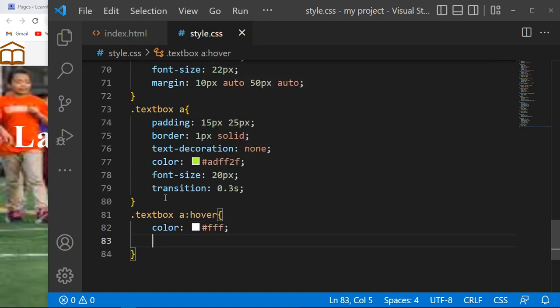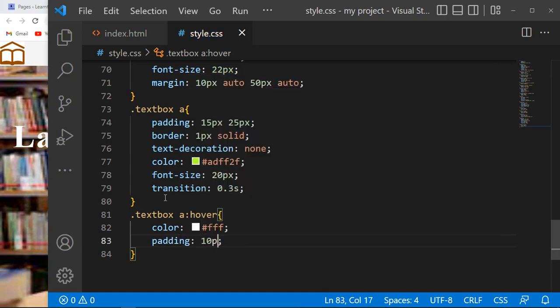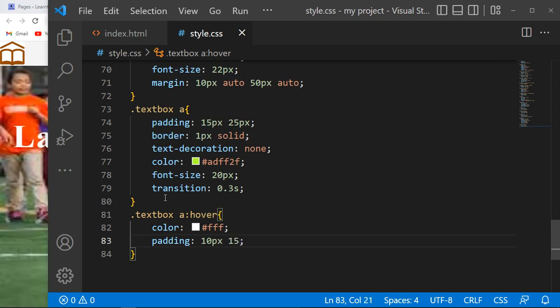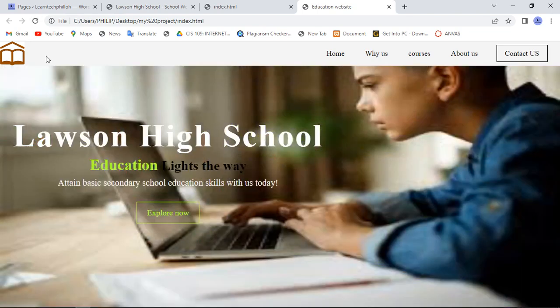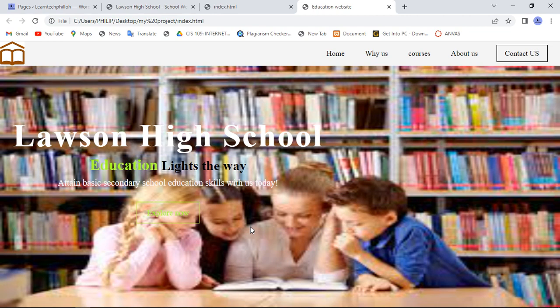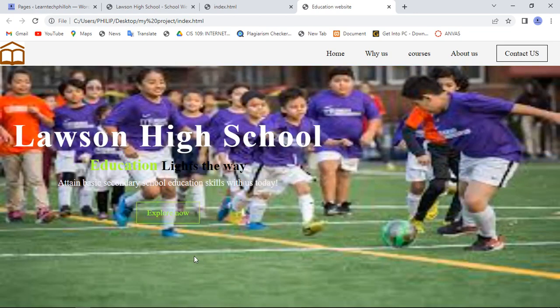Okay, and then the padding will be just 10 pixel, 15 pixel. Okay, I just click here and click on refresh. You see now when you place your mouse over, it changes smoothly, and now I think it looks nice. And with that, we are done with the background and all that. We just need to proceed to the next